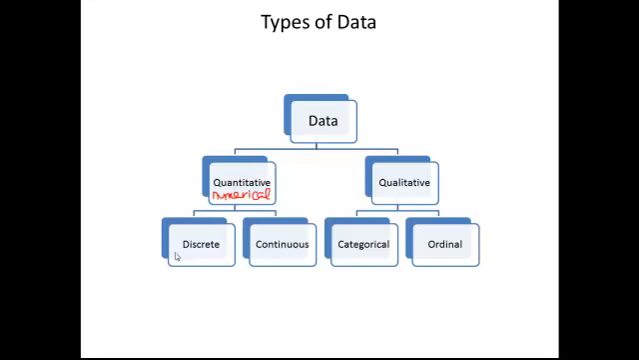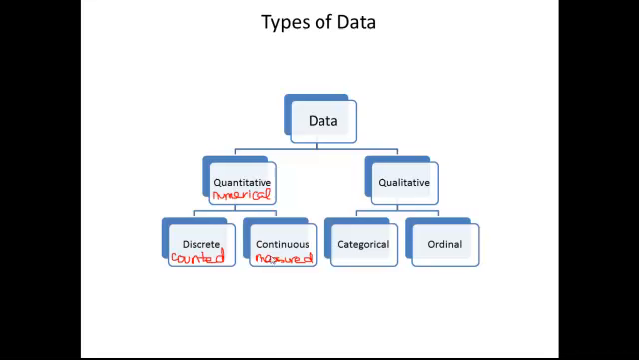Discrete data is anything that can be counted. So for example, if we were talking about the number of students in a class, we could count that. That's discrete. But continuous data is data that is measured. Okay, so continuous data might be something like height or weight or time, and continuous data can take on any